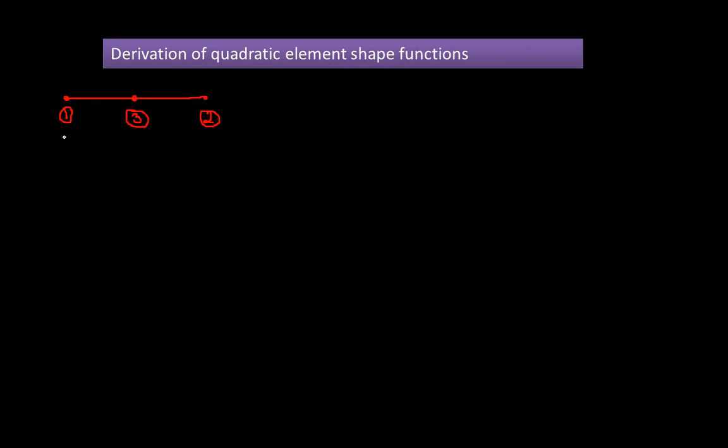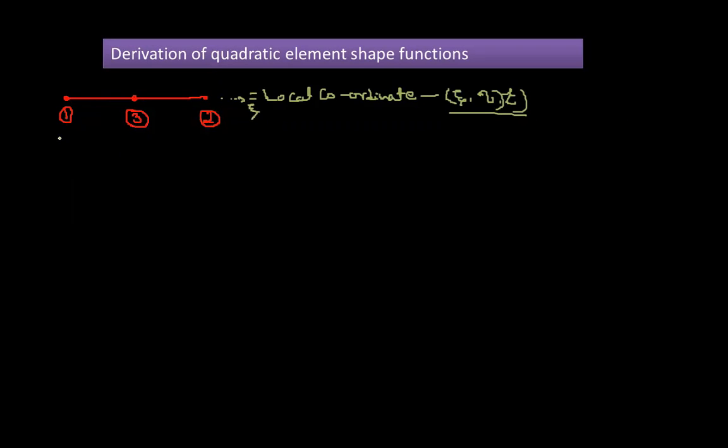Whenever you specify the quad element in a local coordinate system, it is expressed in terms of zeta and eta. If it is two-dimensional, it is zeta and eta, and in three-dimensional, theta will also be there. So these are the three coordinates for the local parameters. Now it is a one-dimensional element, so let us try to express it in the zeta coordinate. This direction is the zeta direction.